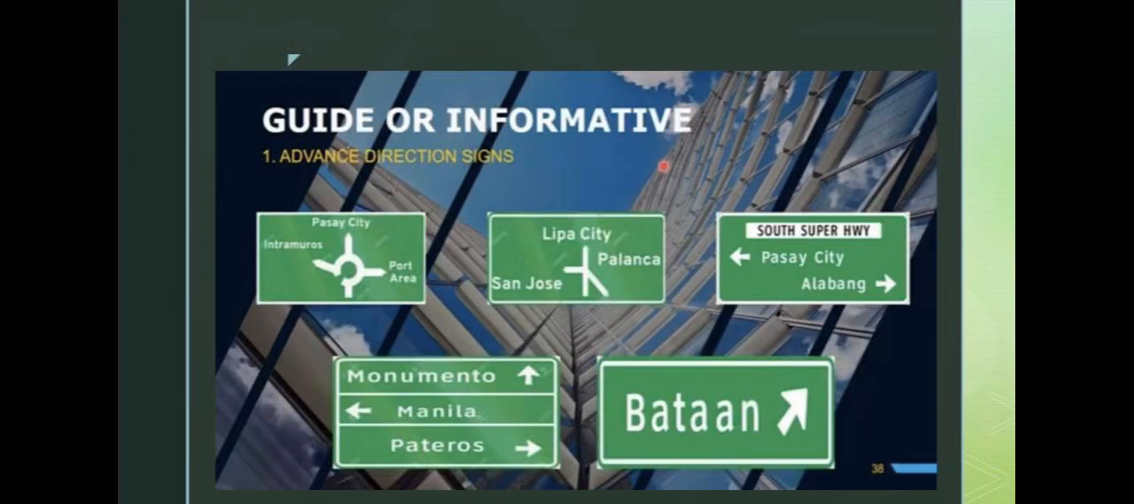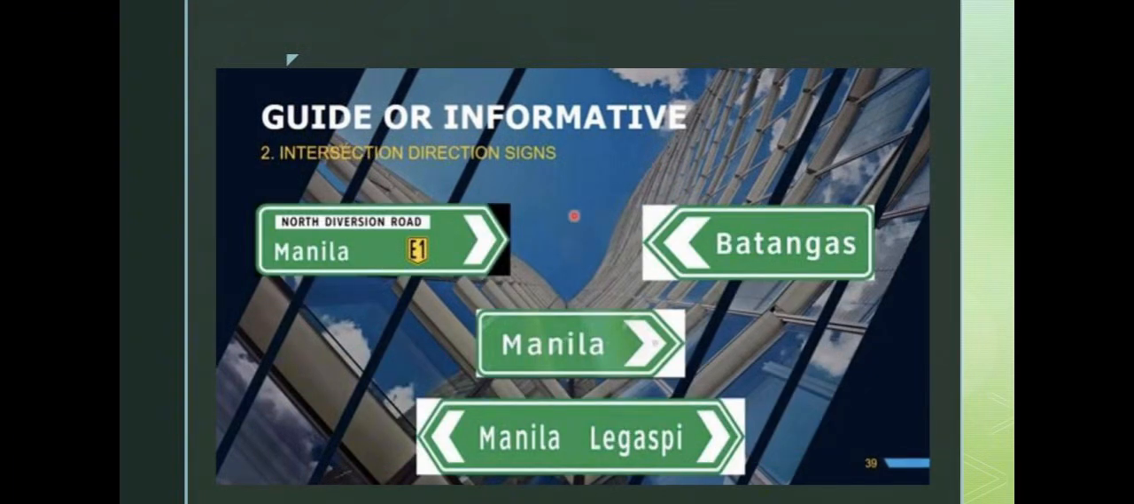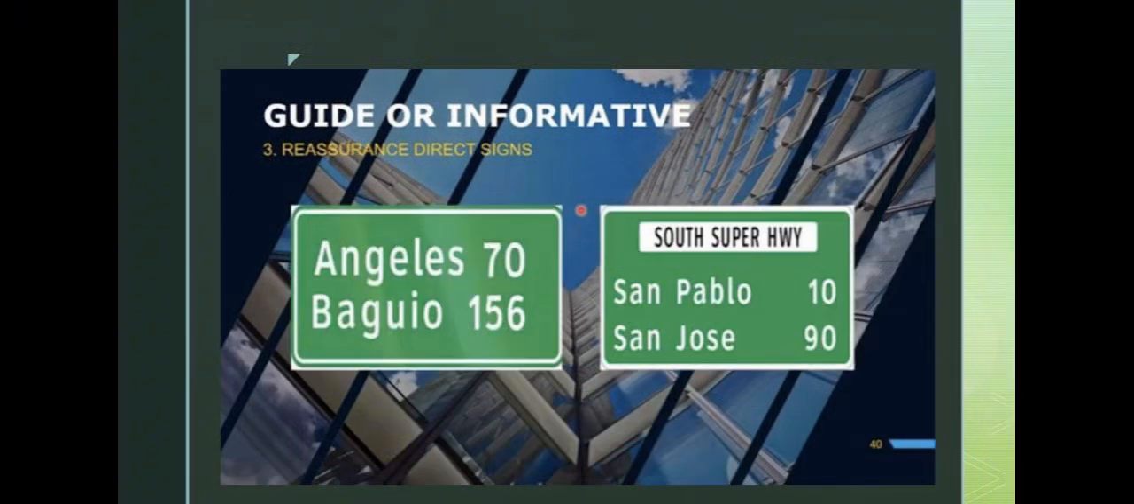Next, guide or informative signs. First is the advanced direction signs. They inform road users about the direction, distances, and route, and the location of services. Next, intersection direction signs, visible in less than 1 kilometer before an intersection. Next is the reassurance direction signs. This is the approximate distance of a particular exit used beyond the intersection to reassure motorists traveling toward